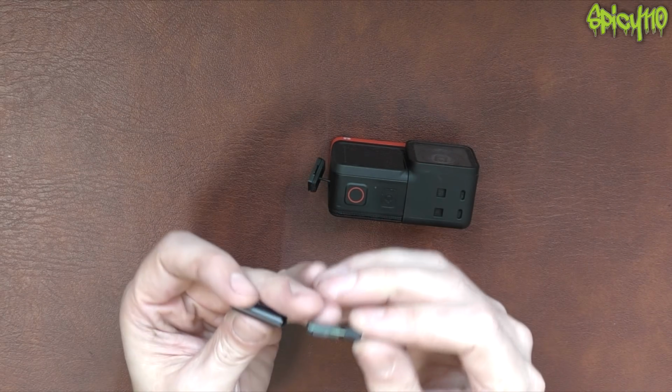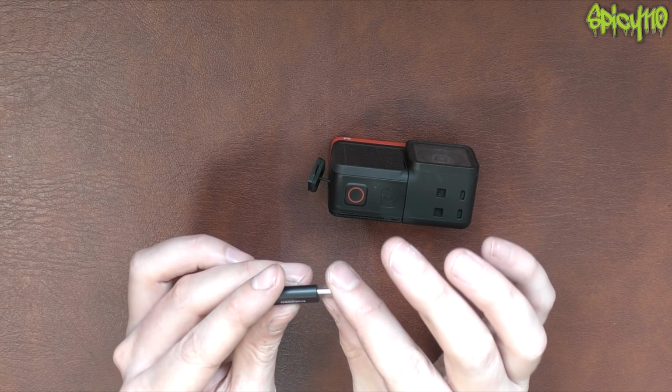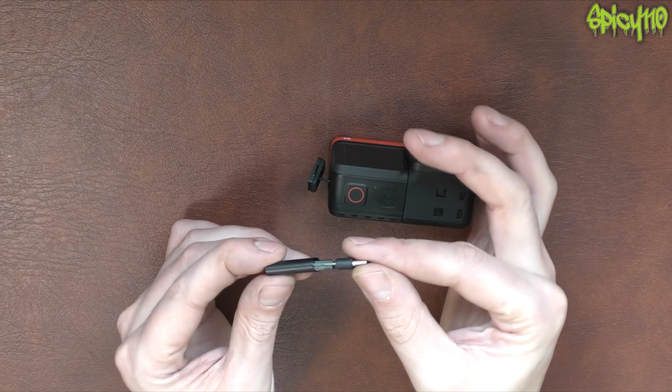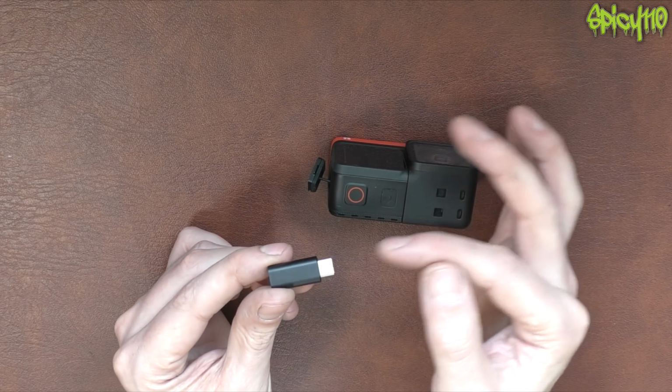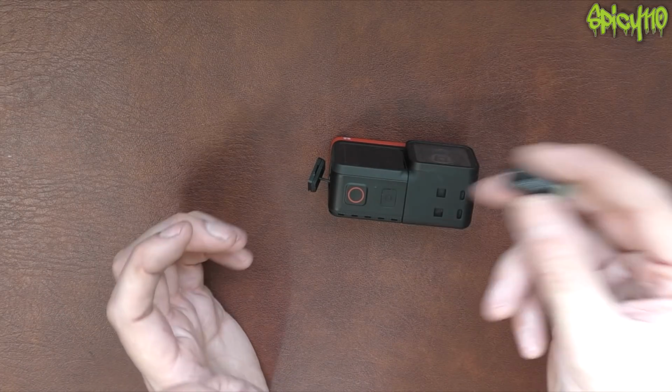this was a very early one, I will say, because as I say, this is not some hate piece to Insta360. This is, please try and do better with some of these things. That was one of the very early ones. It could have been a production issue. Well, I can see there's glue here, but it's probably just not enough. That's no great thing, but it doesn't matter anyway because the quality from it is